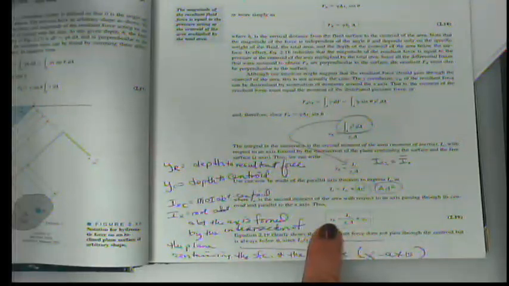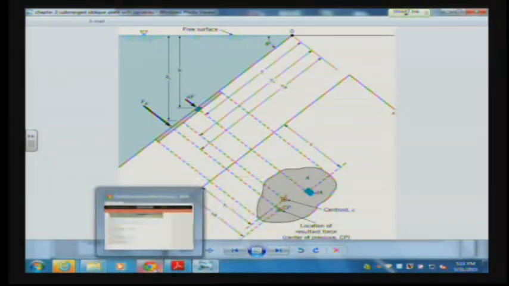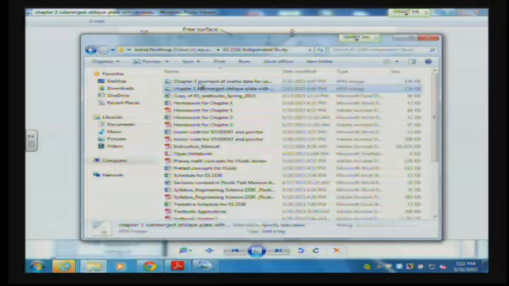So that means that the value for y sub r is always greater than the value for y sub c, meaning that the center of pressure is always below the centroid if this value is not equal to 0. Which it's not, and it will never be negative. All right, so the math is a little bit tricky on that one, but if you just follow through the steps, you'll be all right. Now, there's one other picture that I wanted to show you, and these are some of those values